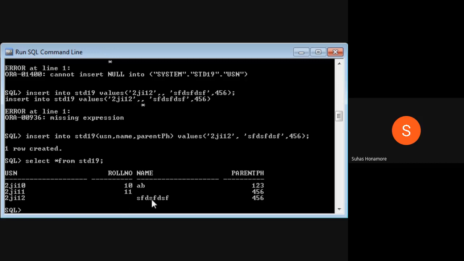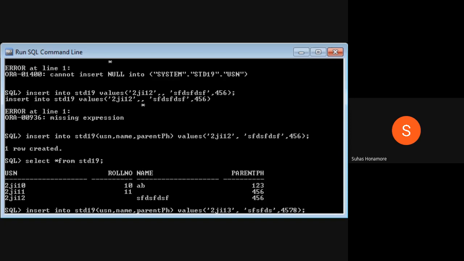So can I insert once again null to the roll number? Can I insert like this again, some different values here? Suppose here I want to insert 13. So roll number I will not give again. Name, I will type something randomly. Then the phone number. So can I insert this one? Yes, sir. Okay, any other answer?